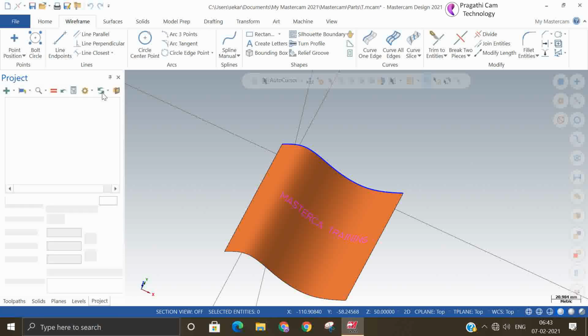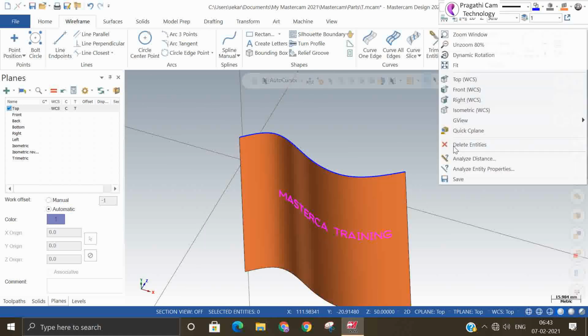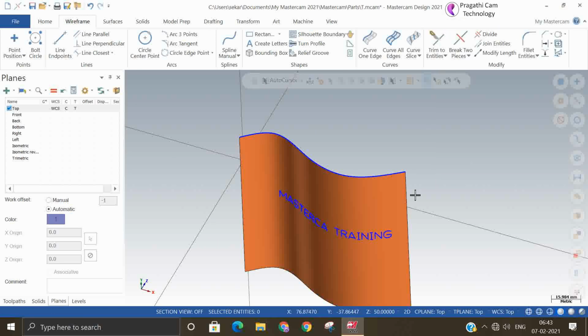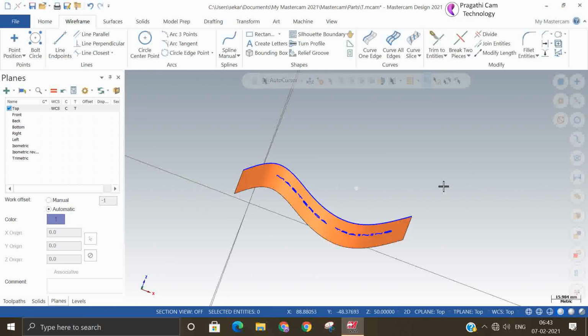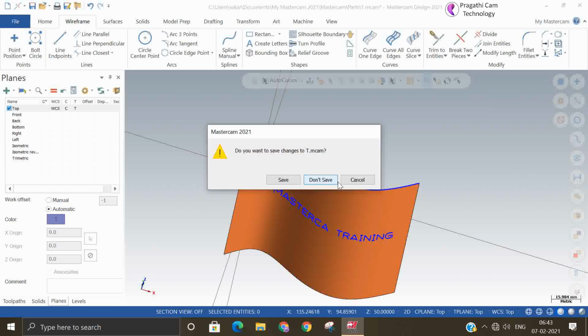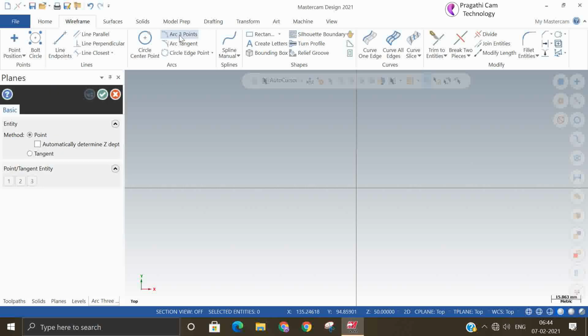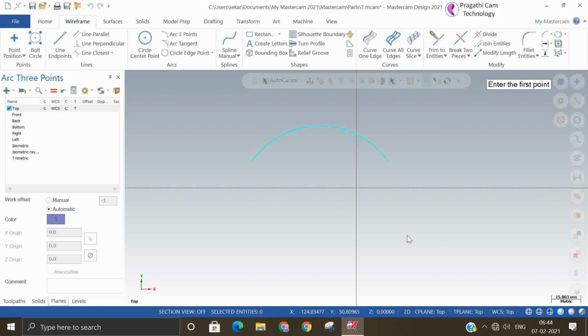So this is all about the project command. If you clear colors, that means the projected color. So this will be used for engraving 3D surface. So next we will see close arc. Many times you will come across this kind of situation. The arc is opened. You will get the curve, but it may be broken. So you want to make a close and show a single entity, so that you can utilize.